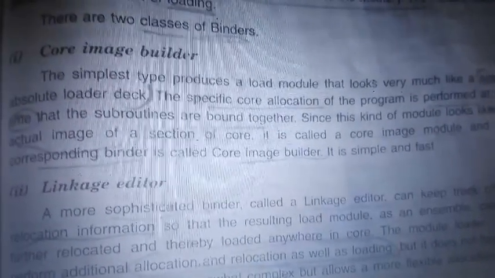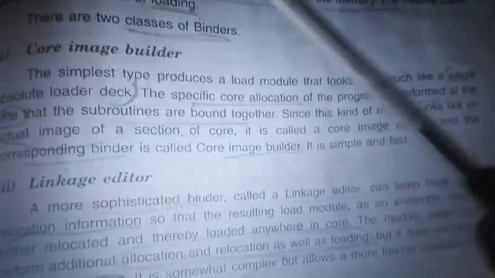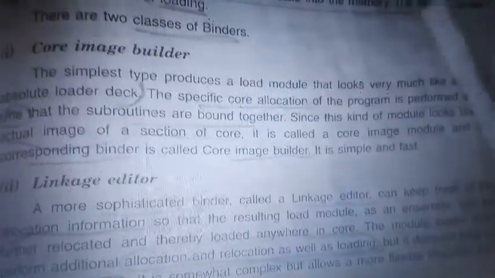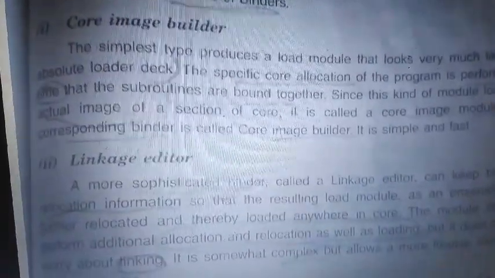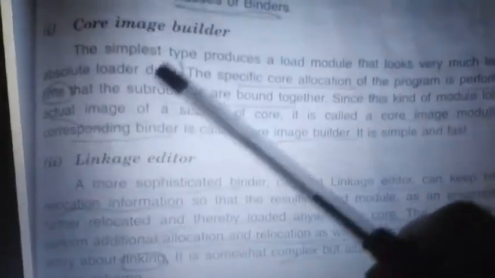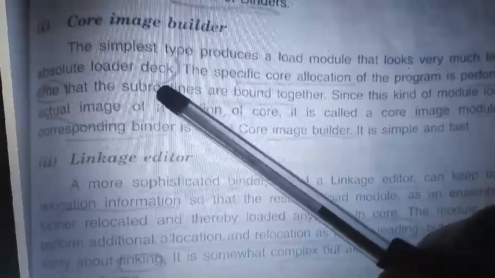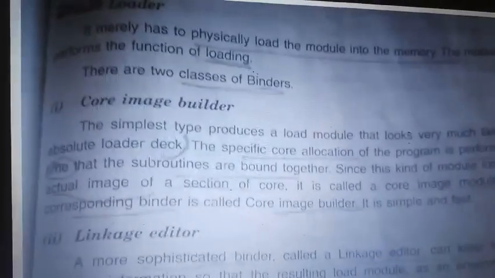Clear? So you can see that here you will get a single linked disk. There is no object program; all the programs are linked. And where it should be linked, bound and placed is performed. The specific core allocation, the address in the main memory, say 900 or 400, in the same specific location the allocation is performed, and it gets the actual layout as it was in the main memory, in the same format or image. The binder gives the output so that it can be loaded as the same image as in the main memory.